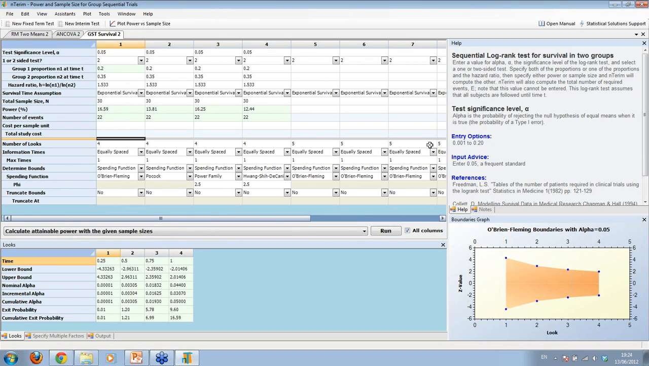There's also on the bottom right screen here what we call a boundaries graph. This boundaries graph here, you can see again, this is for the O'Brien-Fleming. It's quite conservative to start, it narrows off towards the end. Now also what we have given here is that